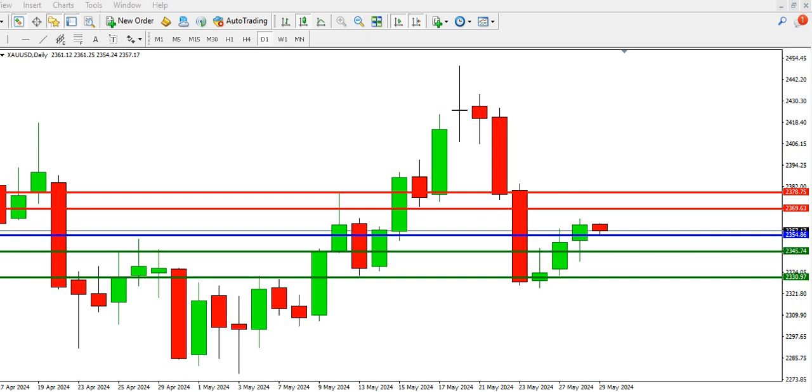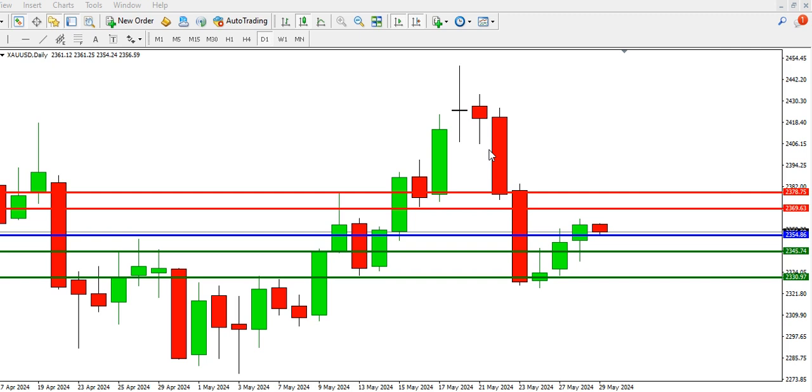Today we'll be looking at how we can scalp or trade gold, XAUUSD, on the smaller time frames. But before we go to the smaller time frames, we are going to look at what has happened on the higher time frames. I'm talking about the daily, the weekly, and the monthly time frames. Then we'll see which direction the price of gold might likely go. All right, I'll be starting with the daily time frame, and I'll be using pivot analysis